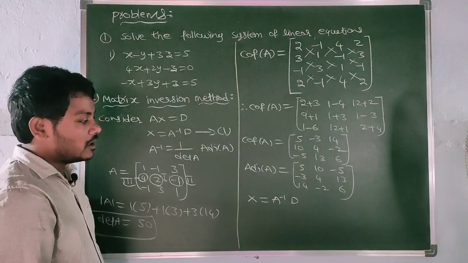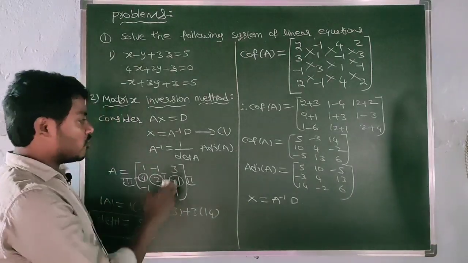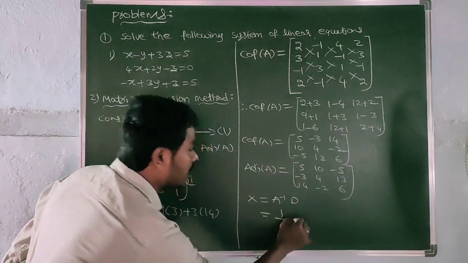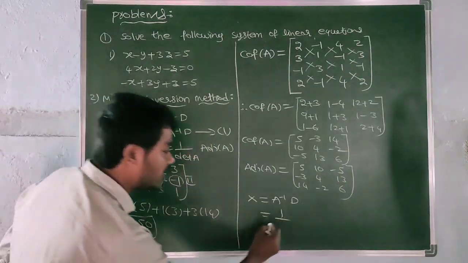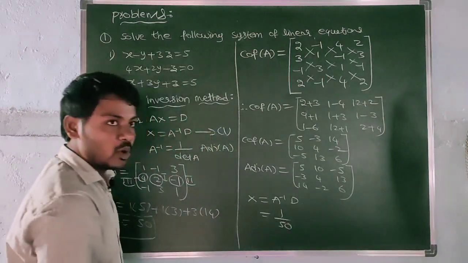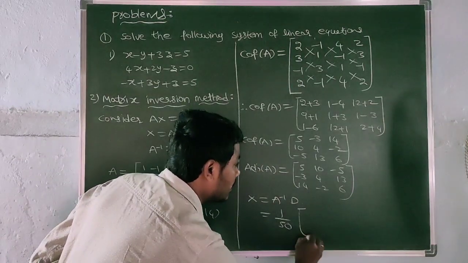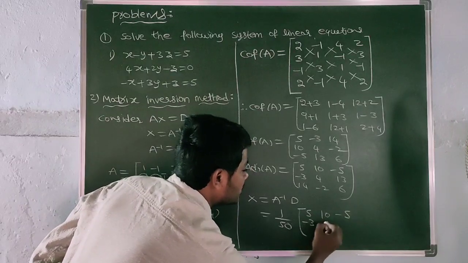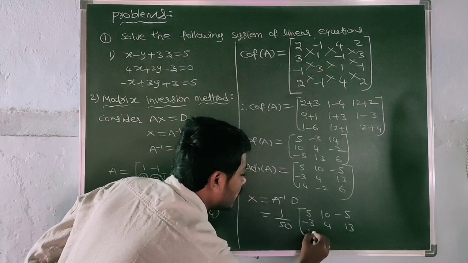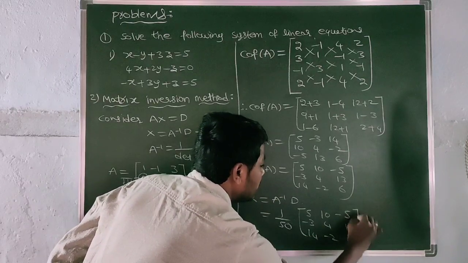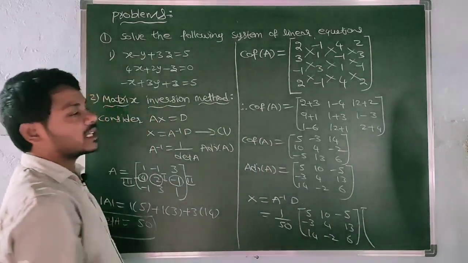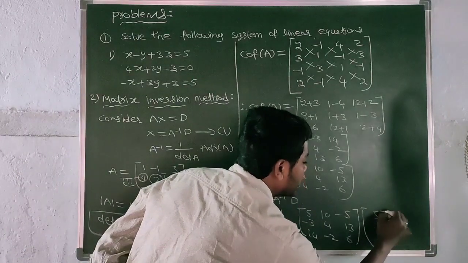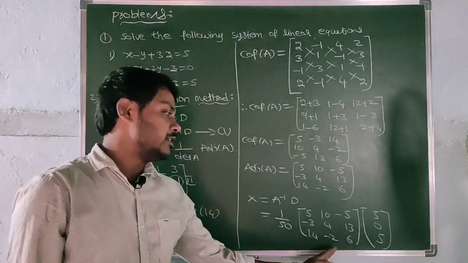Okay. Now what is A inverse? 1 by dt into adjoint of A. This is 1 by 50 into adjoint of A, into 5, 10, minus 5, minus 3, 4, 13, 14, minus 2, 6, into D. D is what? Constant matrix, that is 5, 0, 5. Now multiplying these two matrices,